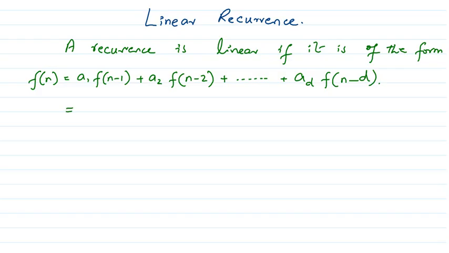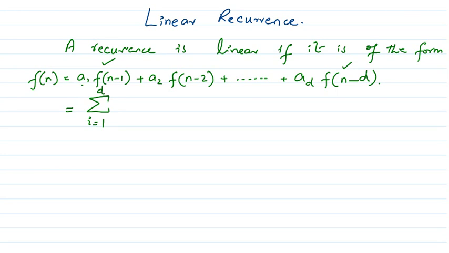What is meant by a compact form is that we represent it in the form of a summation, enclosing it in a summation. First we start with the variable of that summation. Say I am taking that variable i. Where this i is going to start is quite clear from the given equation. In the first term we have f of n minus 1, a delay of 1, so it starts from 1, and in the last term it is moving up to f of n minus d. So the summation proceeds from i equals 1 till d.